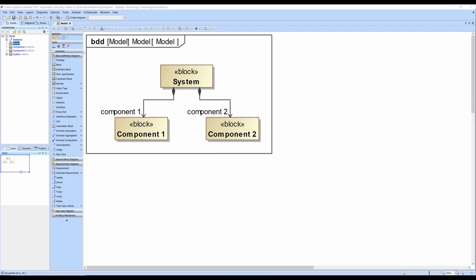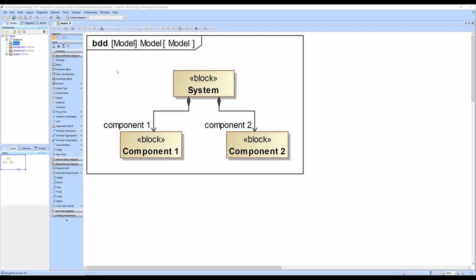So what I'm going to do is start with a very simple system architecture here, and our first step toward creating a parametric diagram is not actually to create the parametric diagram, it is to figure out what types of constraints we'll be using. So let's say, for instance, we had a constraint on this